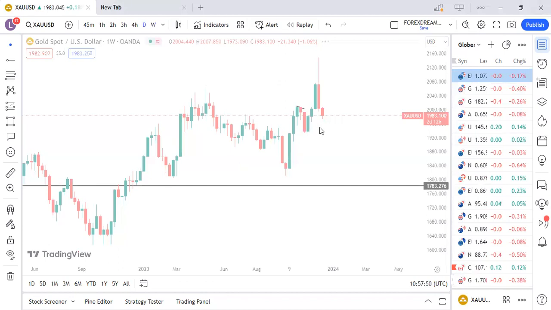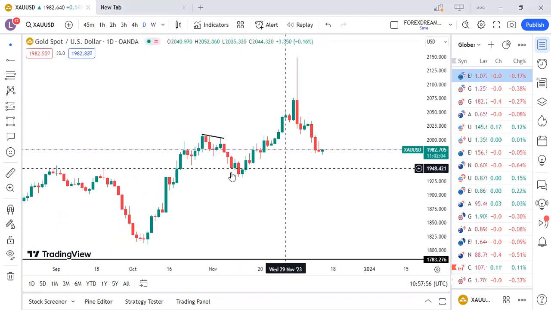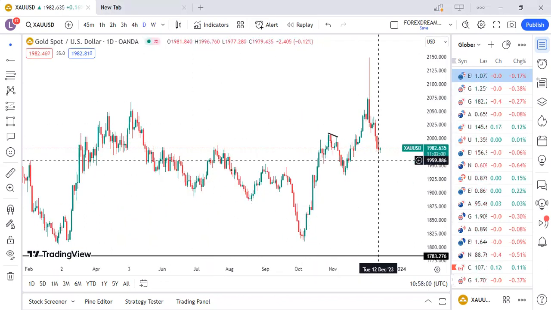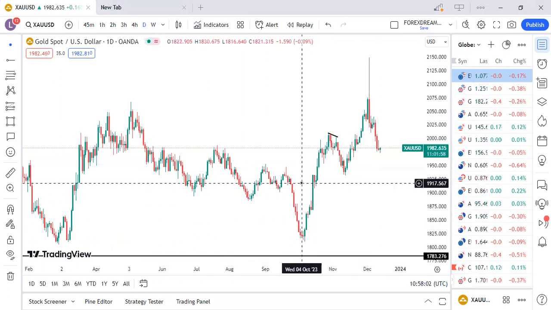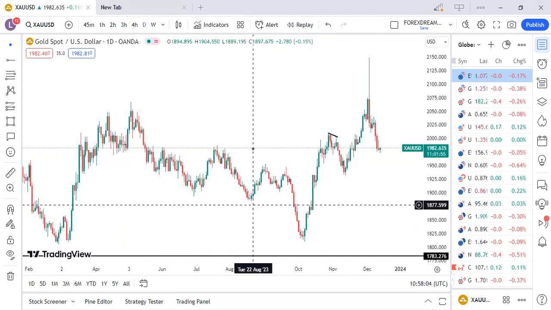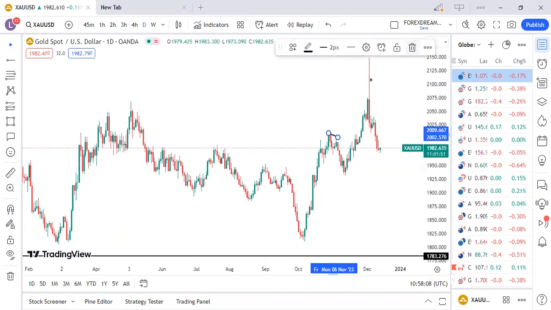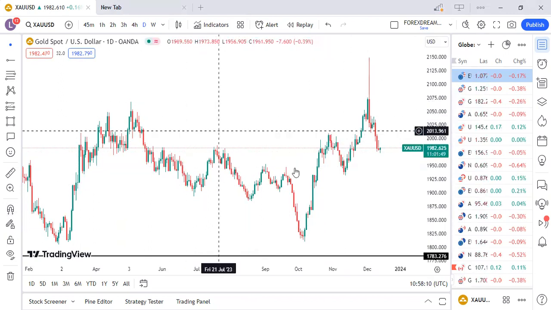But if you check on this time frame, we are on weekly. You look at what we have here. Okay, finally, we are now on the daily time frame. I want you to pay attention to what we have here. This one will also help you increase your understanding of what is happening in the market.